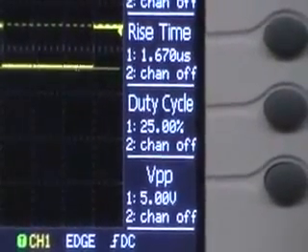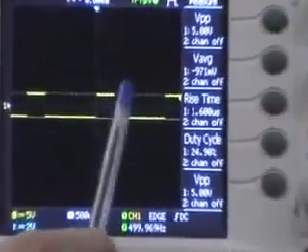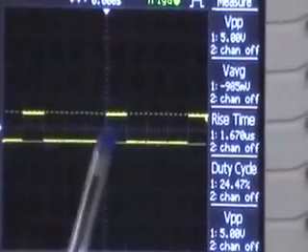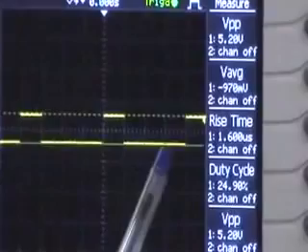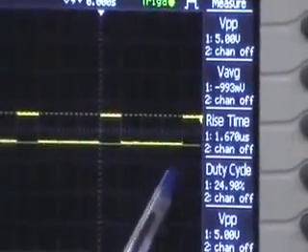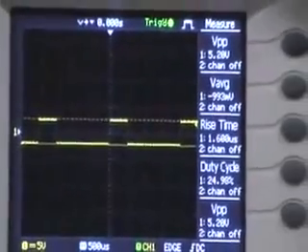And the positive peak is having 25%, that is 0.5 millisecond, and the negative cycle is having 1.5 millisecond time. We can measure these values from the cursor.